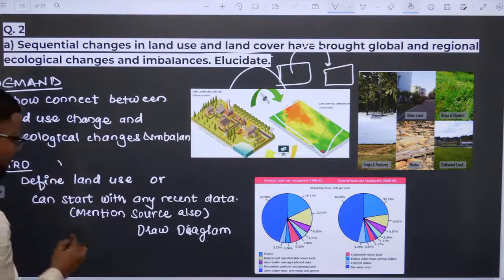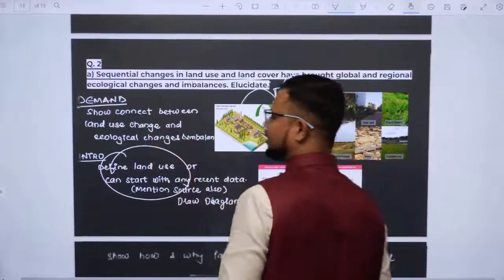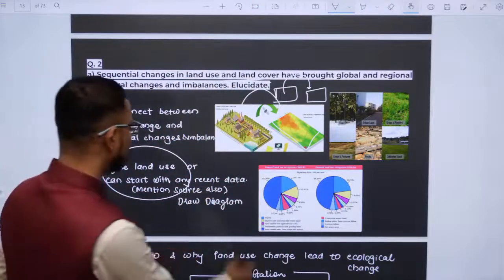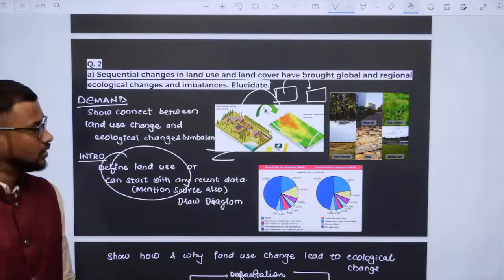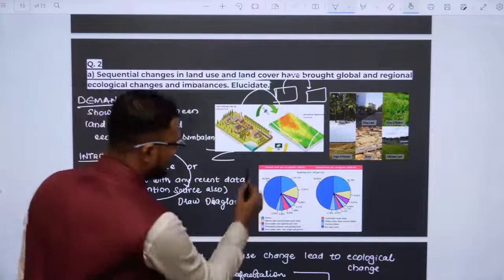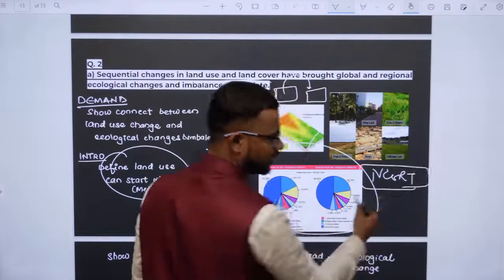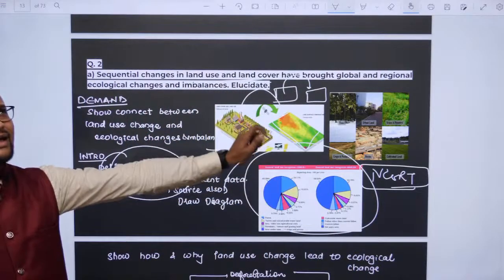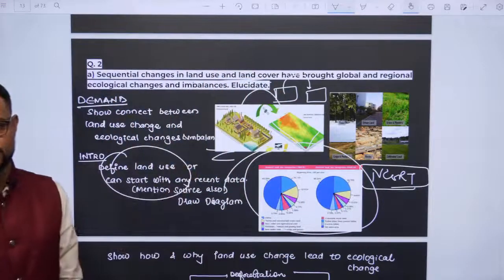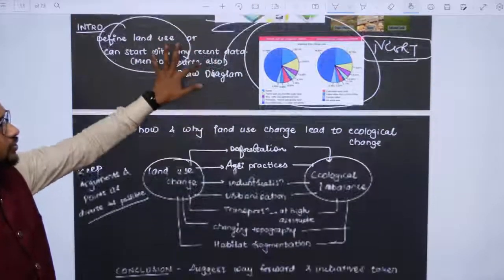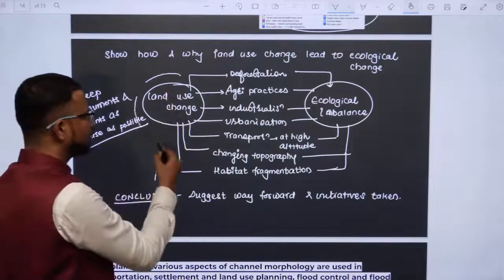Define this in the very first manner, in the introduction. It's better to have some data over here also. अगर कुछ data हो आपके पास में तो it would make your answer more impressive, right. So this question you can answer with the help of NCERT also, ठीक है, some part of NCERT, क्योंकि in NCERT 11th and 12th, both, you will find some graphs and information about land use change. So in the introduction you need to write or explain about this thing, then in the main body आप क्या करोगे, impact